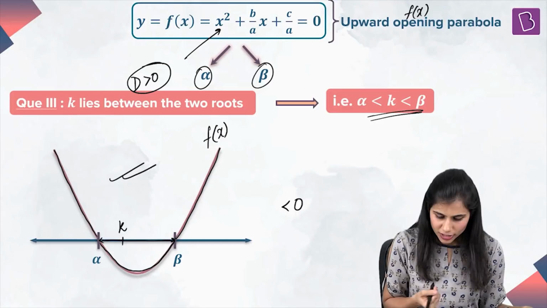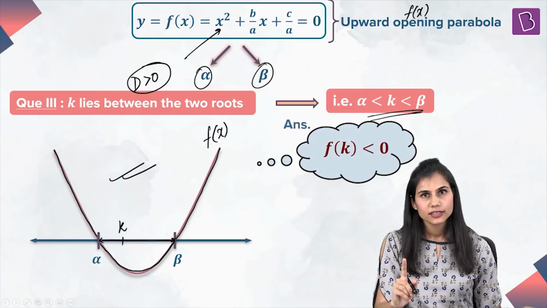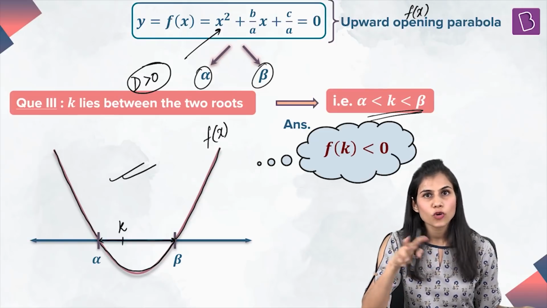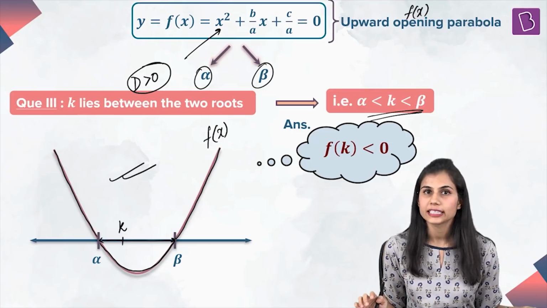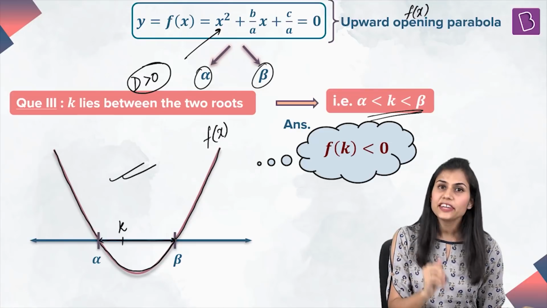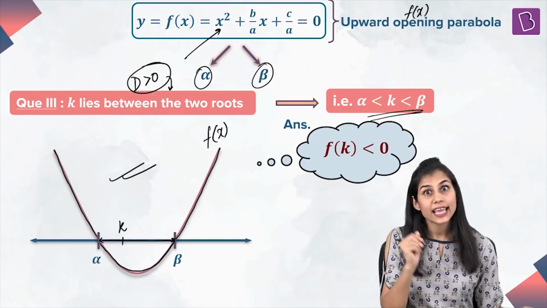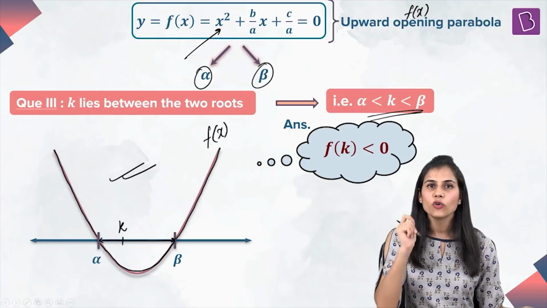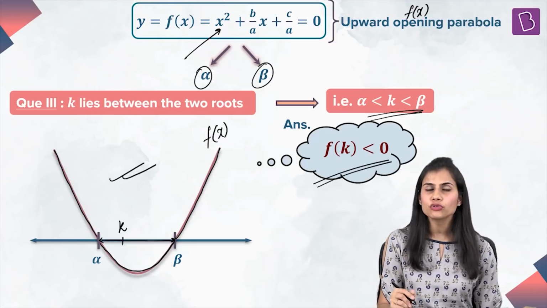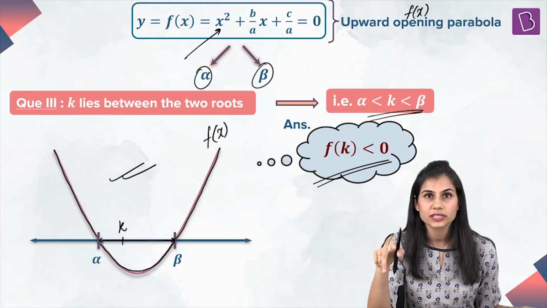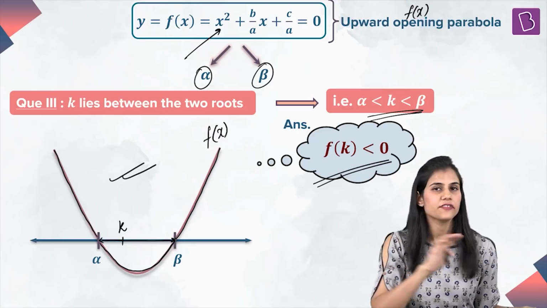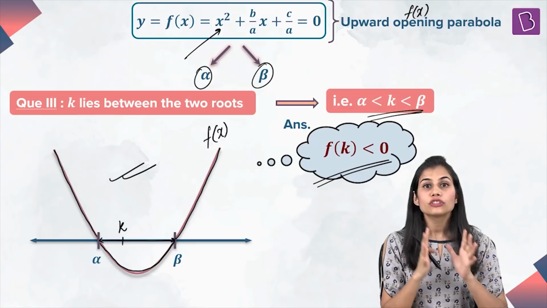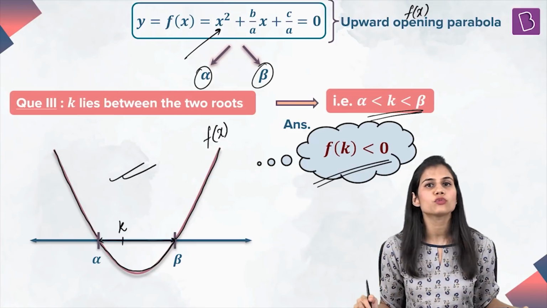Got it? So, only one condition should be met for you to say that both roots of this quadratic equation lie on opposite sides of k, and that is that f of k should be negative. That's it. Because the d greater than 0 condition already comes inherently along with the question. You don't need that separately. Got it? The only one condition which should be met for you to say that both the roots of the given quadratic equation lie on opposite sides of k is that f of k should be negative. That's it. Bingo. So now you know the answers of all the three questions in location of roots that we've studied today.